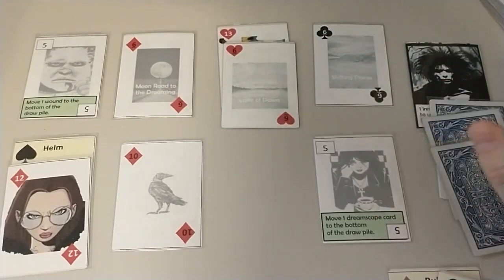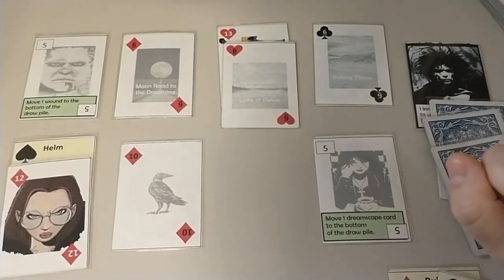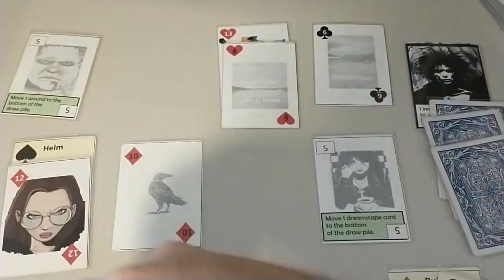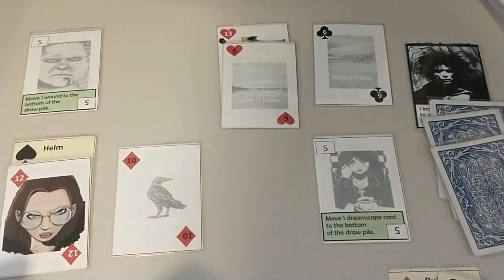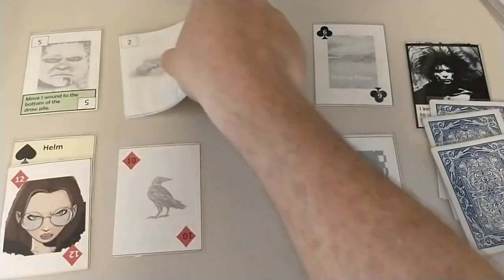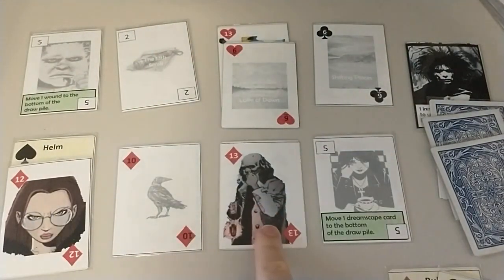So why don't we move the 6? Move the 6 to the bottom. That'll free up some space. We'll see if we can get a 2 maybe. That could be an exact hit for Thessaly. We do have a 2. How nice. But we also have